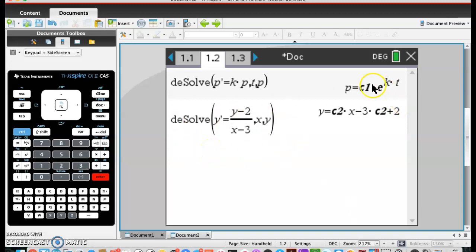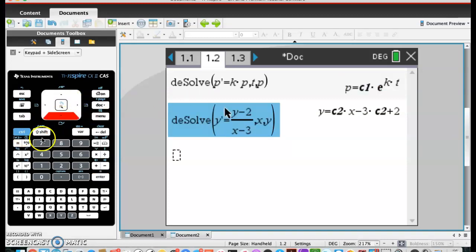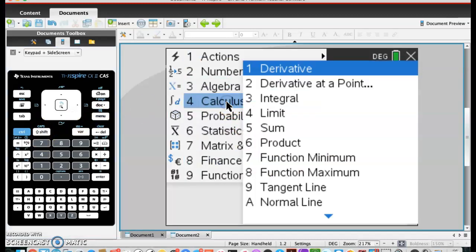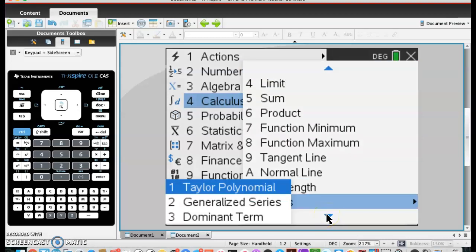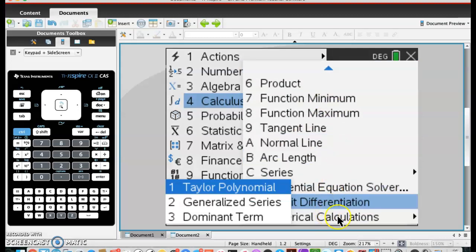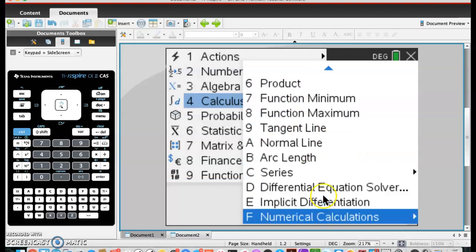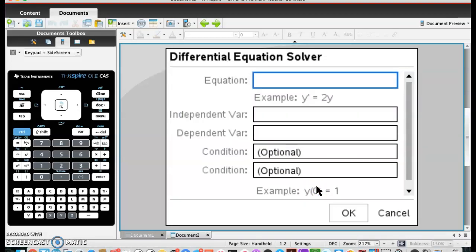Now, a couple things. You know in the past how we found C1. We could use it. I'm going to go back to the desolve tool for a second. So I'm going to go grab this right here. Go up to it. Now I'm going to go back the long way. Calculus, Differential equation solver. I'm going to put just a standard one in. Y prime equals